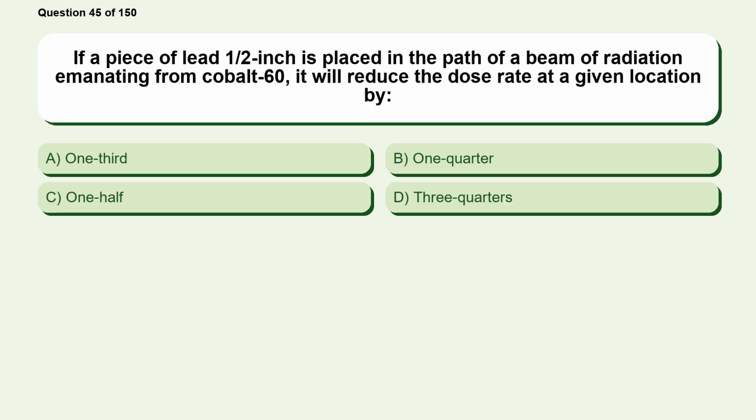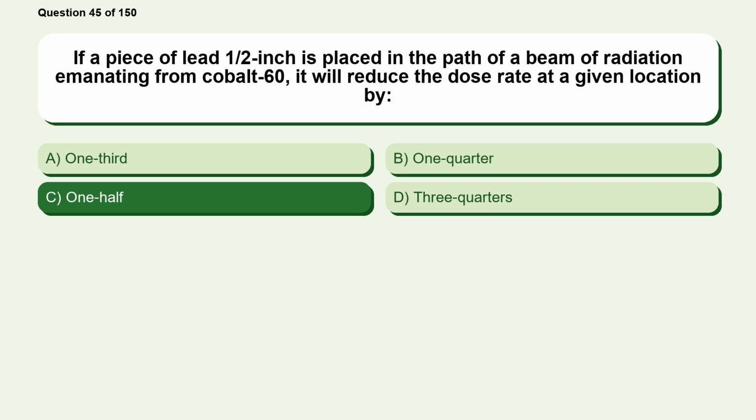Question 45. If a piece of lead 1/2 inch is placed in the path of a beam of radiation emanating from cobalt-60, it will reduce the dose rate at a given location by: option A, 1/3, option B, 1/4, option C, 1/2, option D, 3/4. The correct answer is option C,